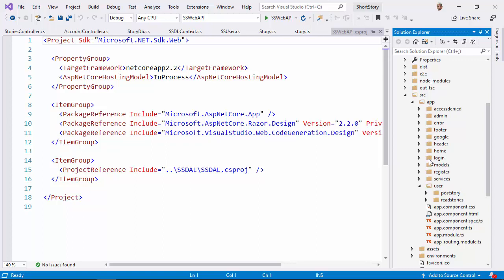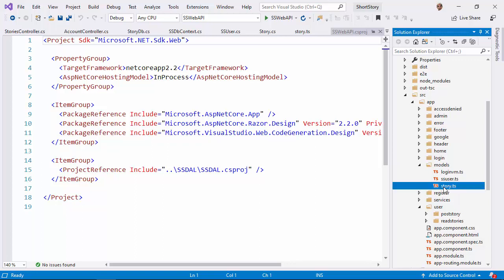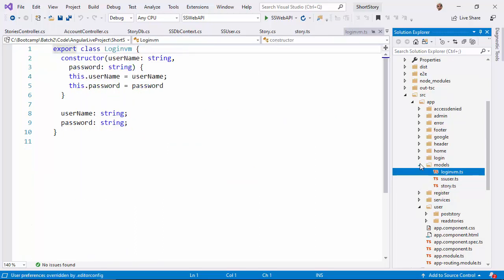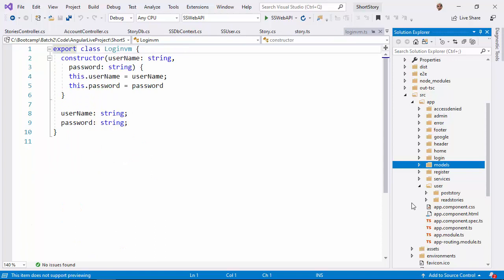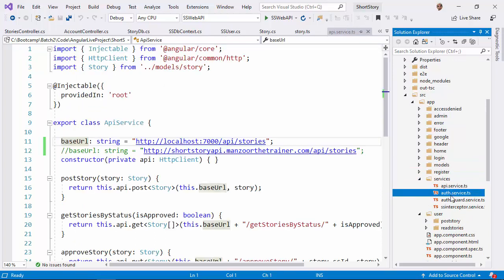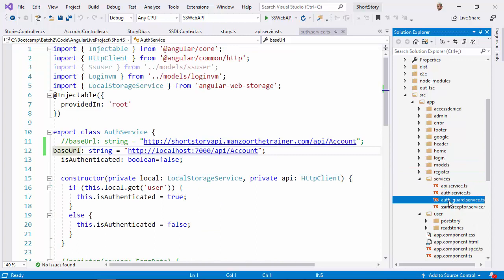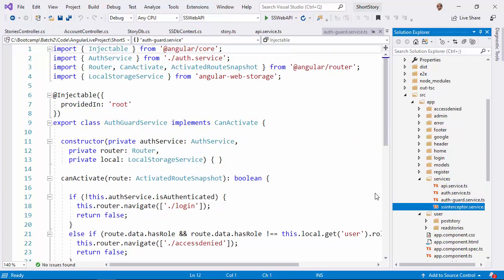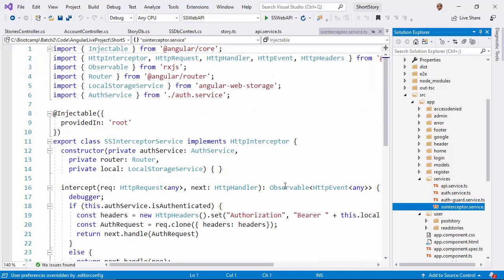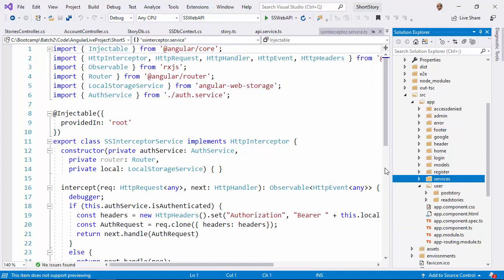home component, login component, and models we have. So client side class designing, story, user story, login view model, and services we have API, authentication services, auth guard services for client side authentication, and we are also learning interceptors, to add something to the headers.